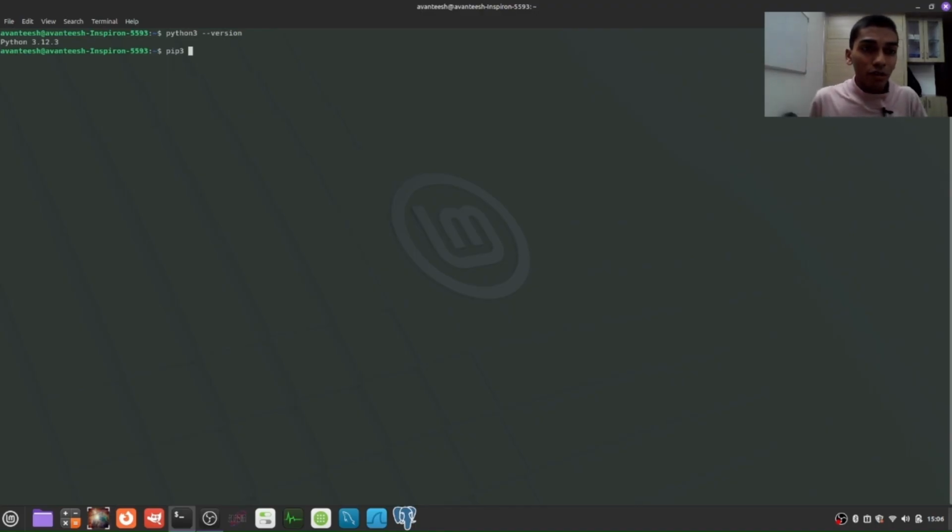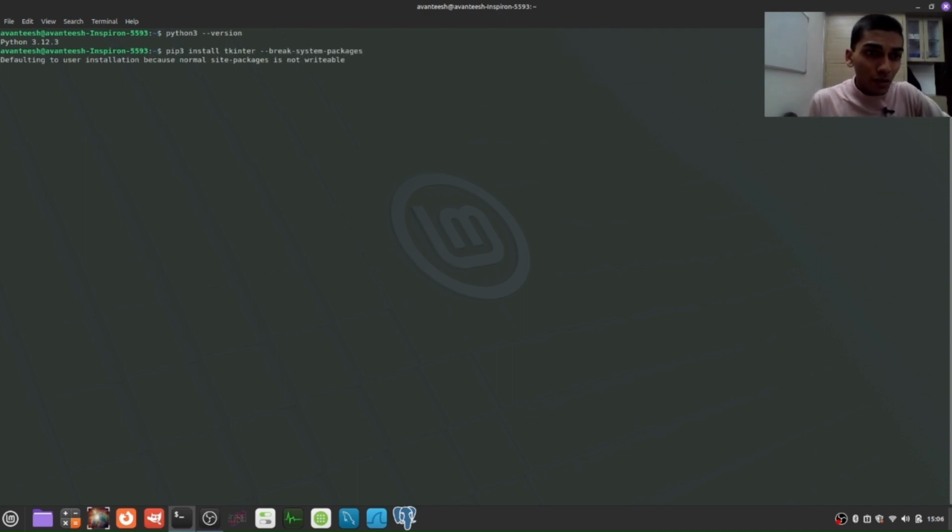So if you want to install Tkinter, you can just run this command pip3, which is used for installing Python packages and modules. And if you're using a Linux machine, make sure you also have this flag set, that is break system packages, because the pip command doesn't really work on Linux unless you're using a virtual environment. But you don't need to do that, because you can make use of this flag right here. So just hit enter,